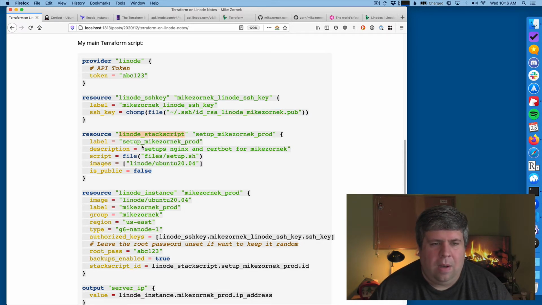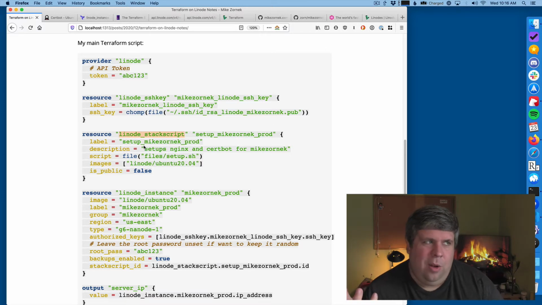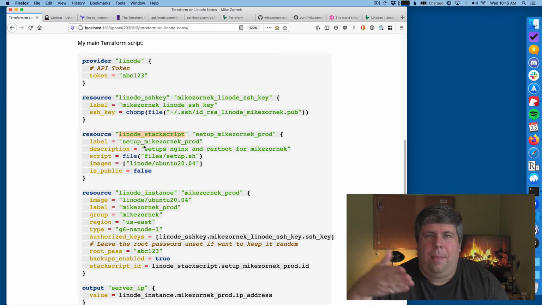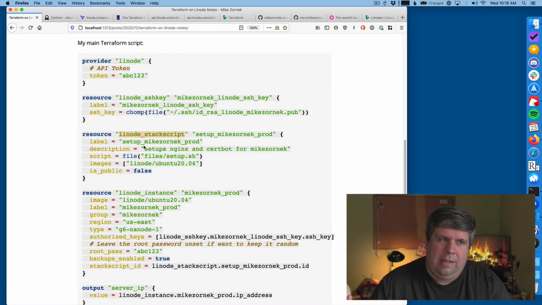Then we've got our stack script. In Linode nomenclature, a stack script is a script that you can use to set up a fresh Linode instance.